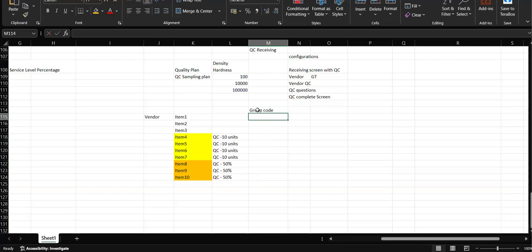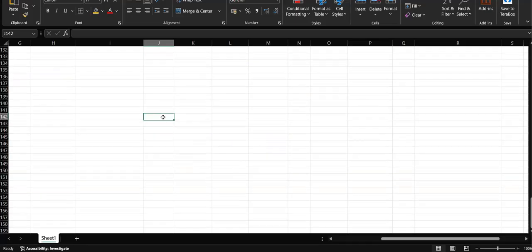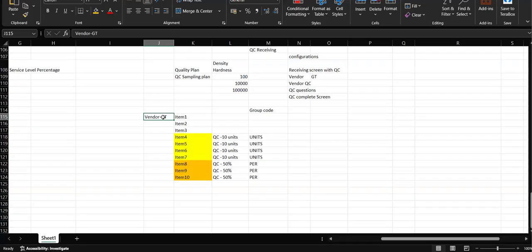We will take a group code of the item. We will take this as units, and we will take this as percentage. Whenever the group code is units and the vendor is, let's say, GT, then for these 4 items,